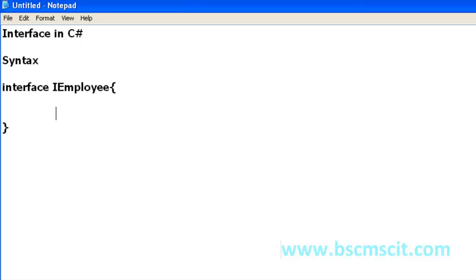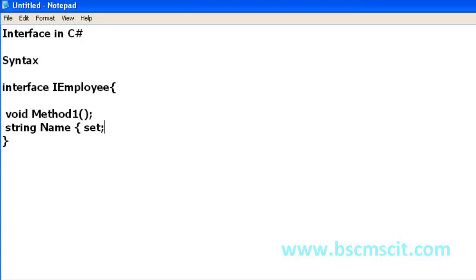As I told you, it has got no implementation, only signatures. So let's define a signature: void method1, the signature of a method, and let's write a signature of a property also: string name.